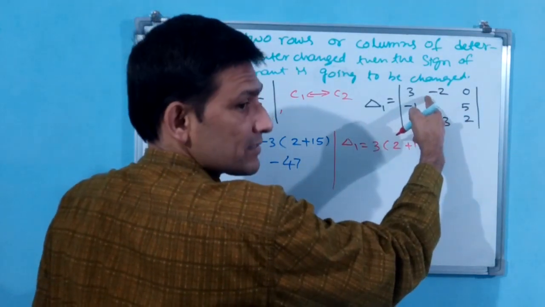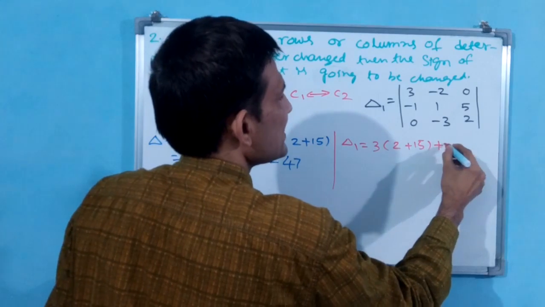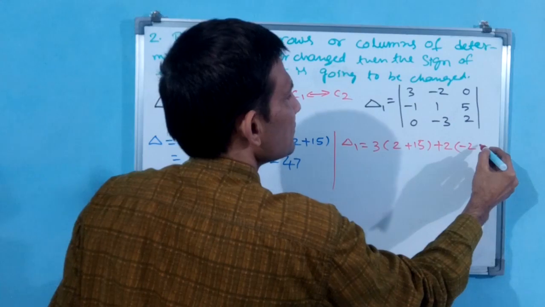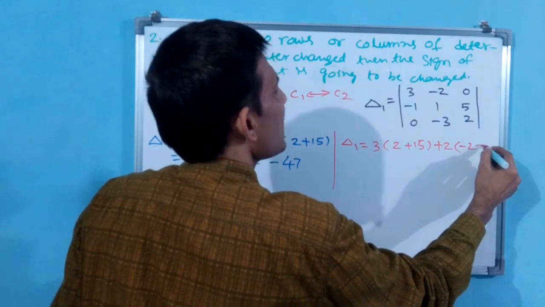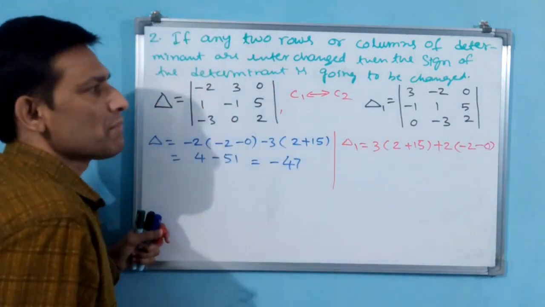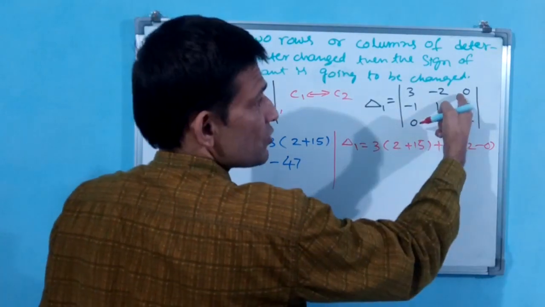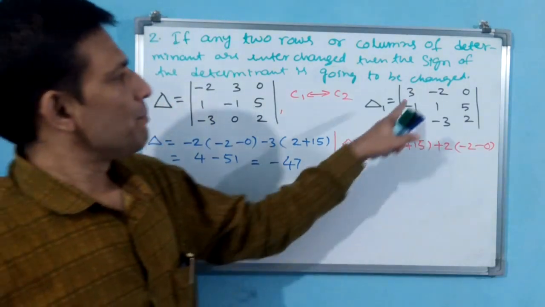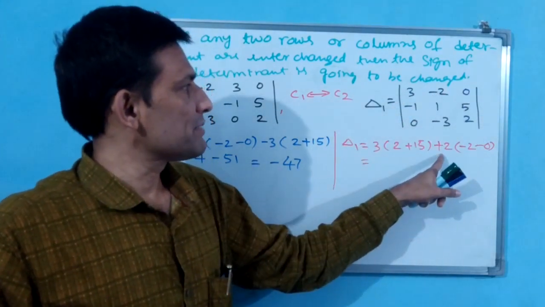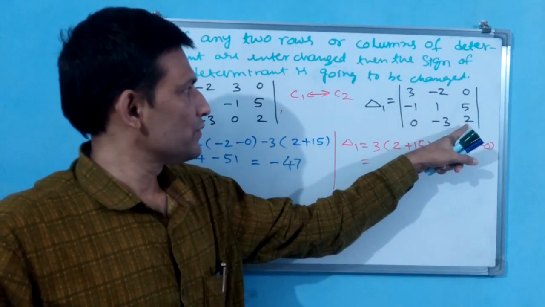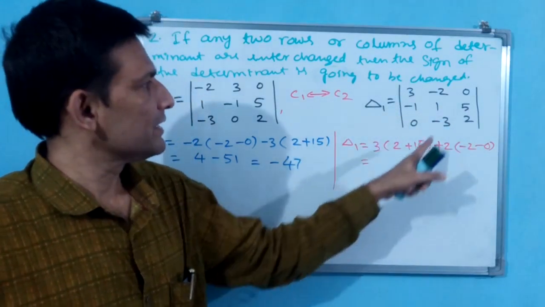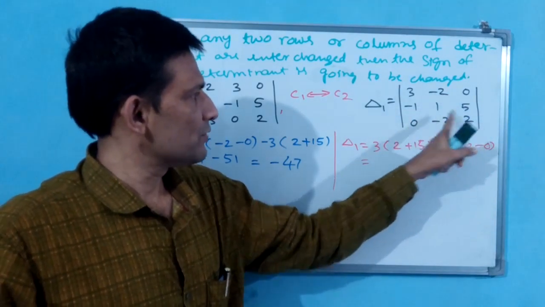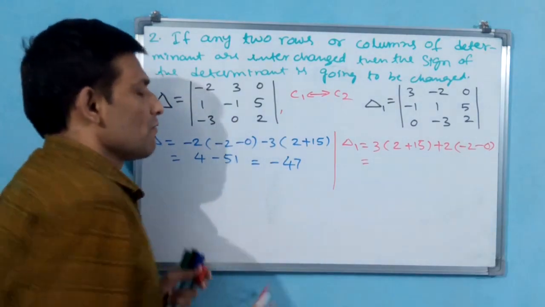Then here you see minus is there, but minus of minus is plus. Minus 2 plus 0, or 0. Okay, I am writing 0. Now 0 is there, you need not do more. You understand now? Plus, minus, plus. Already minus is there, that way it has become plus. 3 into 2 minus plus 15. Okay, correct. And minus 2 into minus 2, now plus 2 into minus 2, 0. Okay. Now you see what will come?